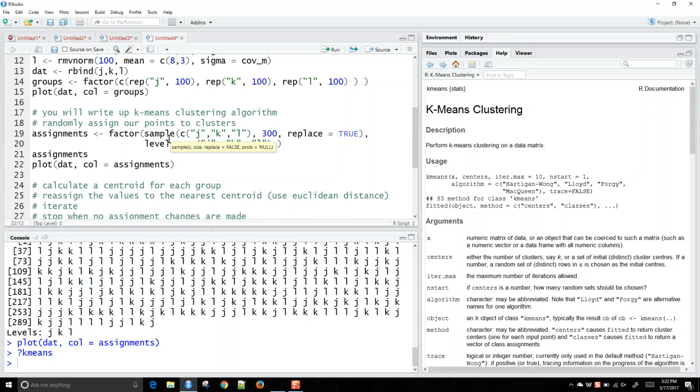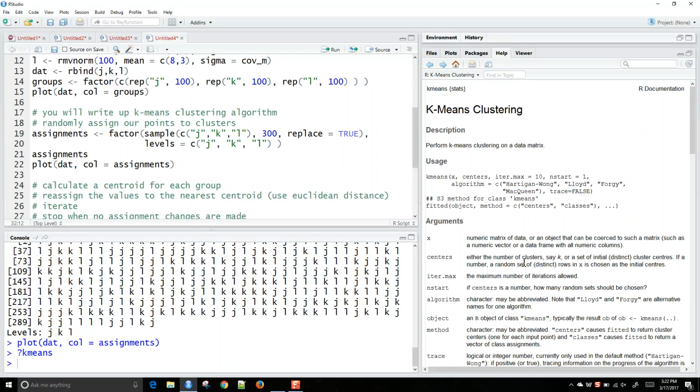Sometimes, depending on the initial assignments, you end up getting different findings, okay? So you have the option of starting this over 10 times, 20 times,